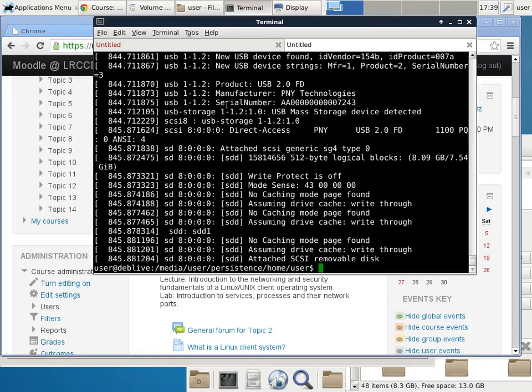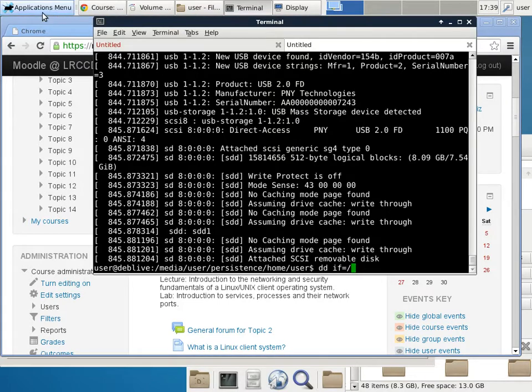And the way we do this to copy the ISO image is to use the command called dd. Now dd is a dangerous command to use. When you use dd, you specify if to specify the input file. In this case, the input file is the ISO image. The ISO image is located